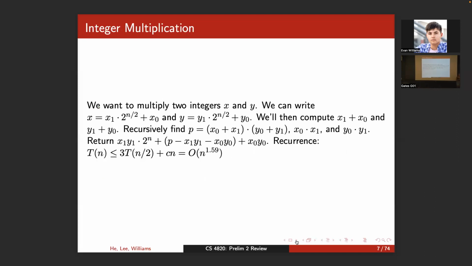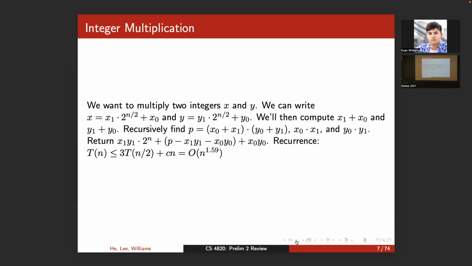Okay, so integer multiplication. I think you guys saw this in lecture. Yes? Yes, you did see this in lecture. Okay, so integer multiplication is a great example of divide and conquer. So originally, when we do integer multiplication, it's going to be O of n squared time, and so we can